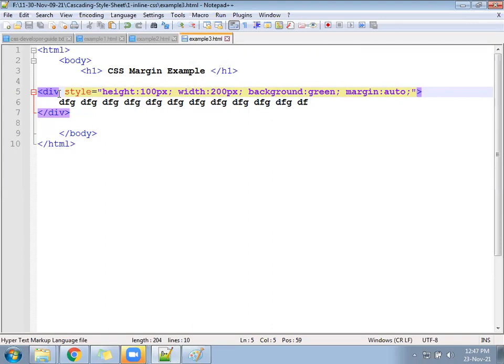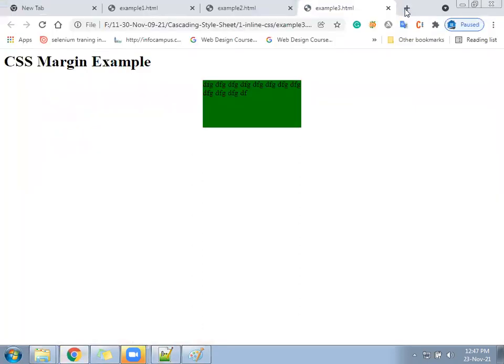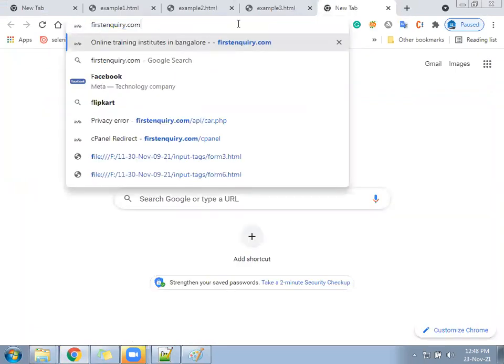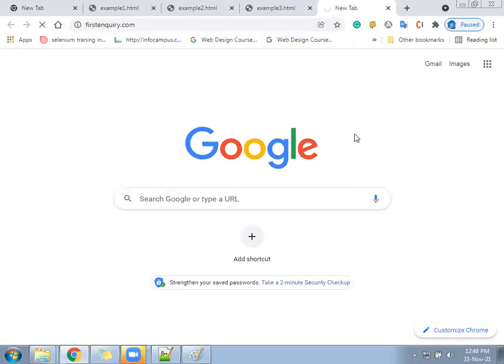It will appear exactly in the center of the screen. Let me open some website. First inquiry is ours only. It opened. Open or not open?